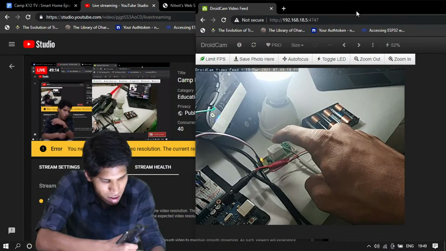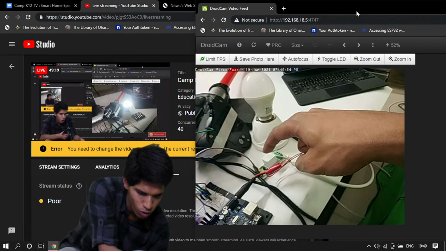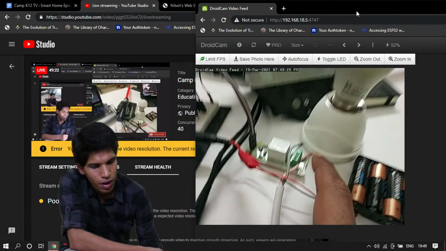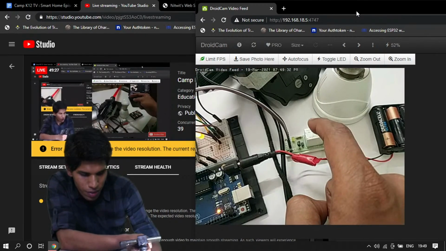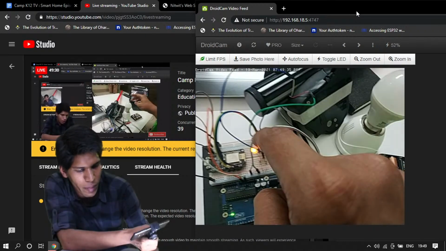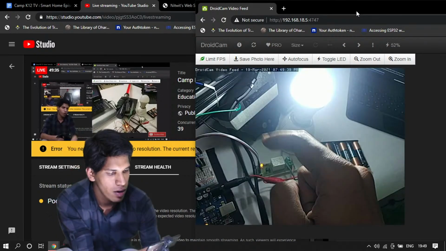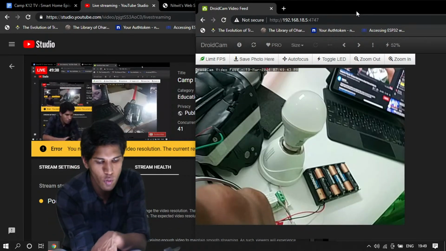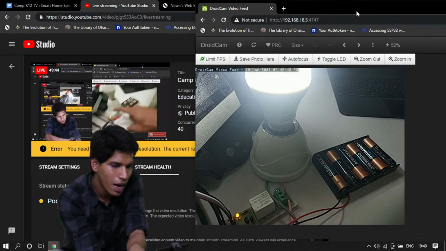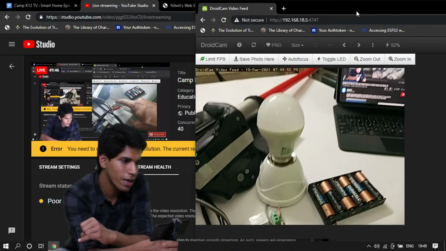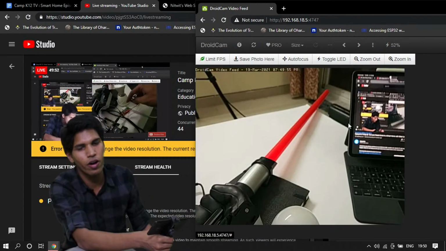You see my bulb here is connected to the relay from this point, and my relay is getting its power from that pin. This was pin number 5 for my node. The relay has an input pin that I have connected to pin number 5 of my ESP8266. Whenever my pin number 5 turns on, it turns the relay on, and that's how it turns my bulb on. And my lightsaber is turning on and off. It's very dim, but I can see it turning on and off from this side.